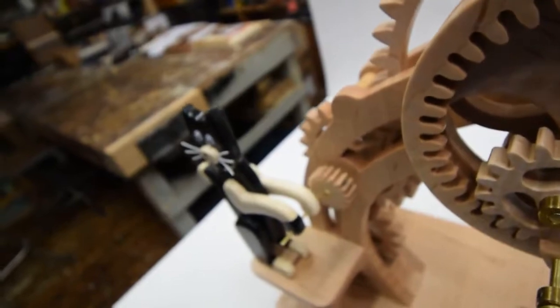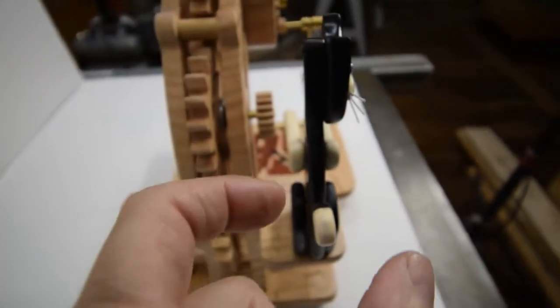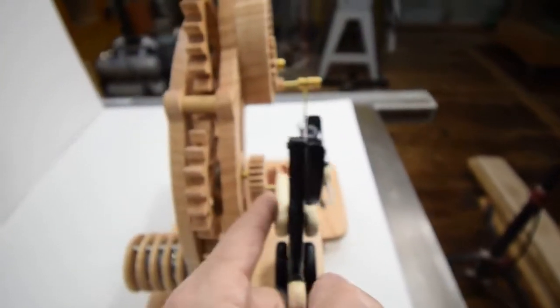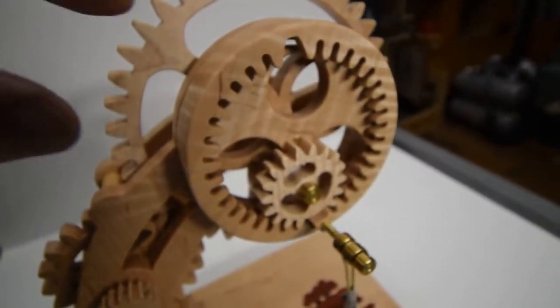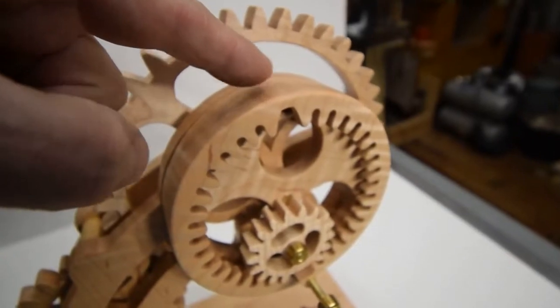Now the cat I made is thicker than the original by about 3/8 of an inch, all told. So you have to take that into consideration to make sure you maintain your clearance, which didn't end up being an issue. Another large change to the original is this particular piece is shown as two pieces,